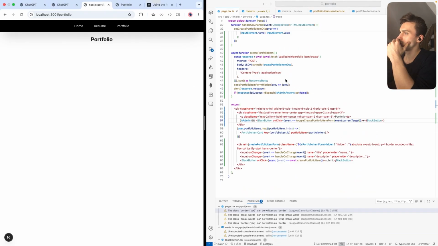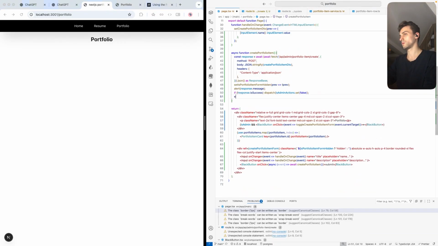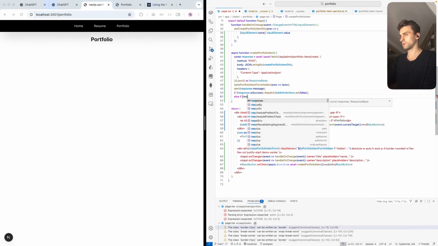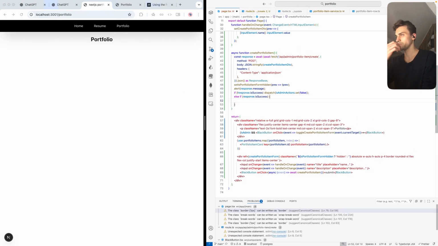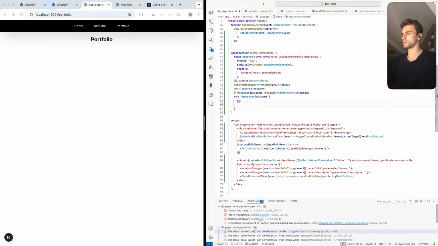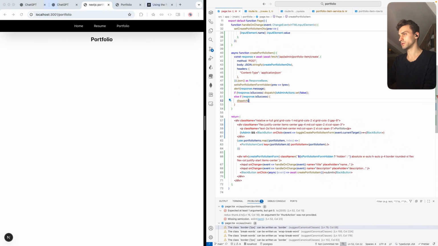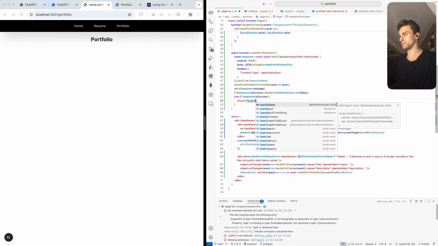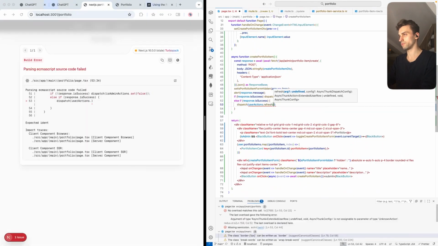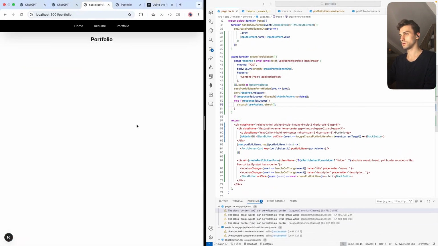Also, if response.success, we will dispatch another Redux state reducer action onto user action as refresh. So when a portfolio item is created, the user data will be refreshed and we will immediately see the portfolio item in there. Right? Yes, but